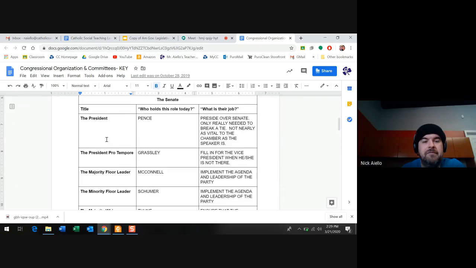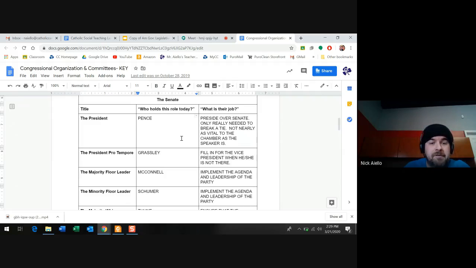An interesting thing to make note of in the Senate: you have both the president and the president pro temp. The president of the Senate is always the vice president of the United States. His job is to preside over the Senate, similar to the Speaker of the House in the House. He, however, does not hold the same level of responsibility as the Speaker of the House, and we'll get to that more on the second sheet of this worksheet. His real responsibility is only to break a tie. You see that right there on that third line. His real responsibility is only to break a tie when it comes to a vote.